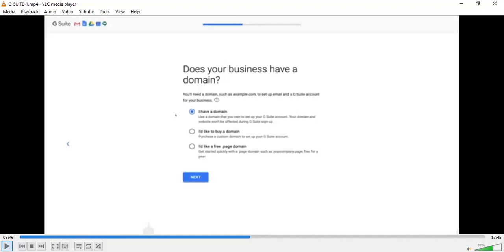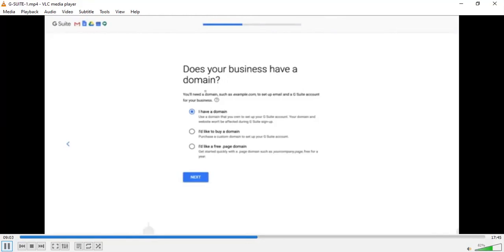Mark your attendance. This will guide you through the process of connecting your G Suite account with your domain, which is being held with another provider. Now, there are hundreds of different domain providers, and so each process is slightly different when it comes to connecting your domain and G Suite.